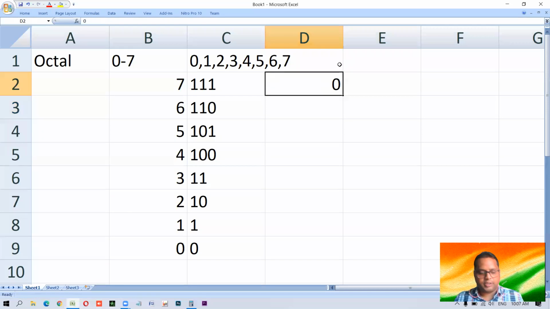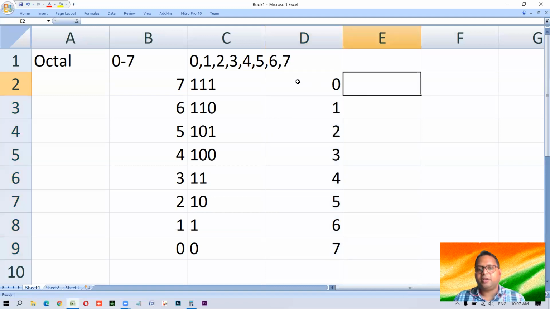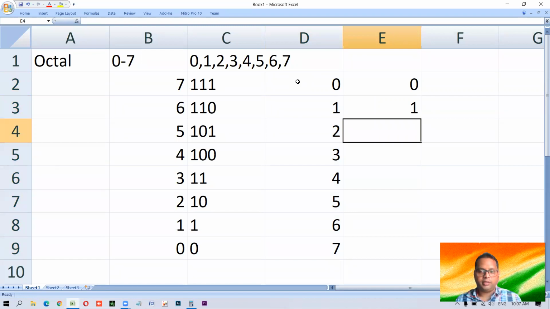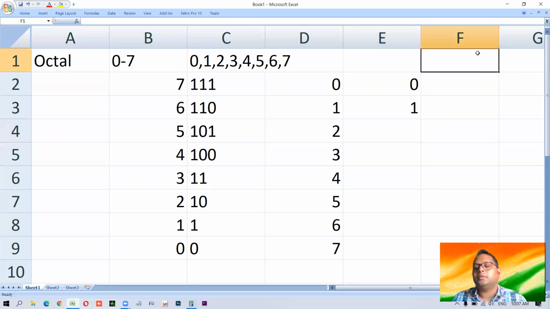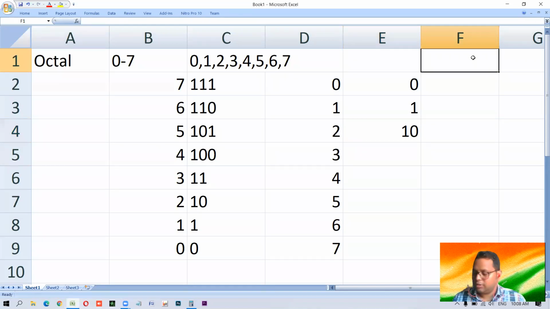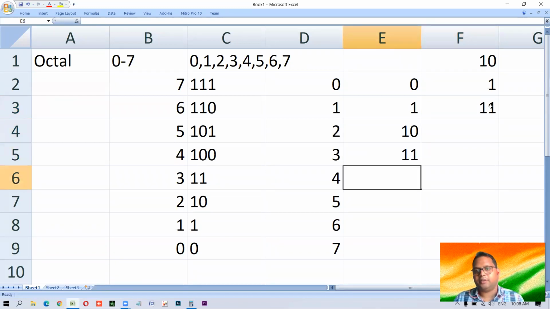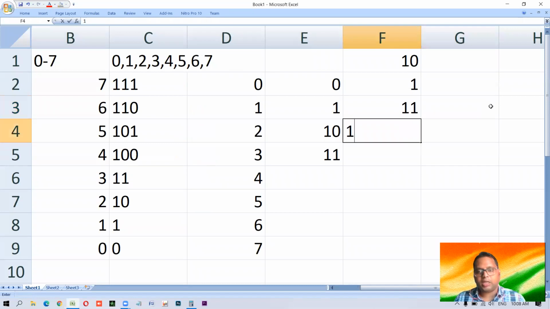So let us begin with 0. Now what is the binary of 0? Of course 0. What is the binary of 1? Of course 1. What is the binary of 2? We know it, but 1 plus 1, 2. 2 का binary 1 0 होता है. अब ये 1 0 है, ध्यान देना बच्चा लोग. 1 0 में अगर हम 1 जोड़ेंगे तो क्या होगा? 0 plus 1 1, and this one again 1 1. Okay, 1 1, fine. अब 1 1 में एक और 1 हम जोड़ देंगे.